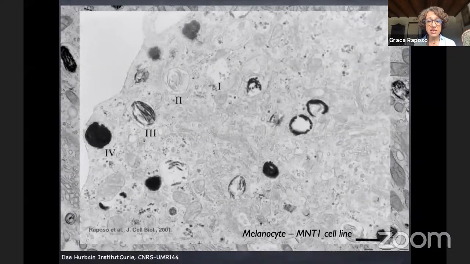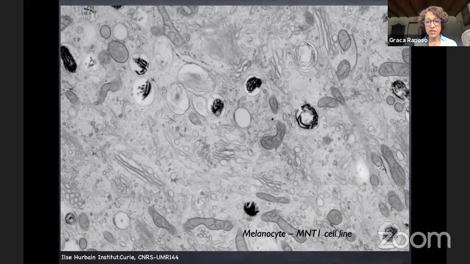I have here an example from a paper in 2001. Here it's chemical fixation. Maybe you'll say, okay, it's also nice. But if we are going to measure the organelles, you can really see a difference. Although we can also see these very nice little fibrils in these immature melanosomes that don't have melanin yet, they are much less preserved. And with our experience, we now know that using high pressure freezing we can preserve all these structures and contacts much, much better.